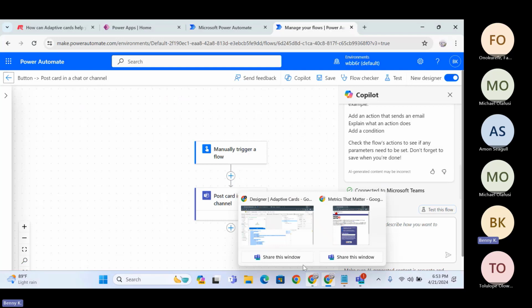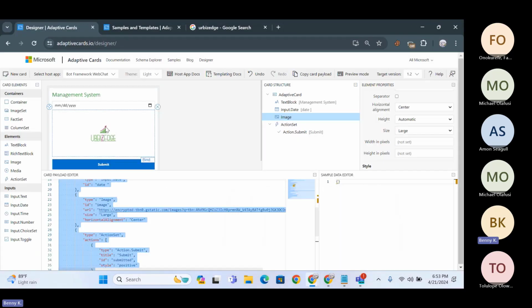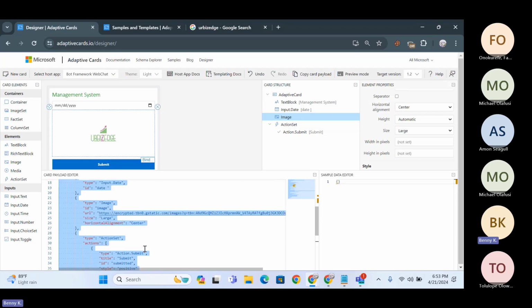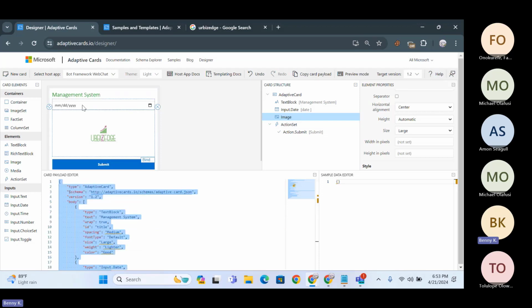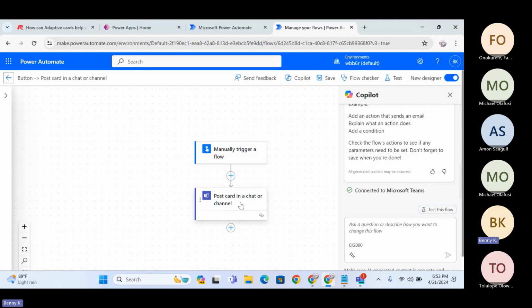However, in the design I did, I actually created a designer for you to collect information. I use this design not to display data or anything. What I wrote here as my JSON file, the whole idea was for you to pick a date. So for example, let's say we put in text and you pick a date, that's what we're supposed to do. So this is in no way going to work for our use case, because all this is supposed to do is post a card in the channel. So what we should have used instead would have been